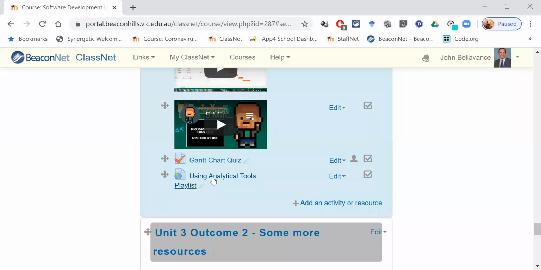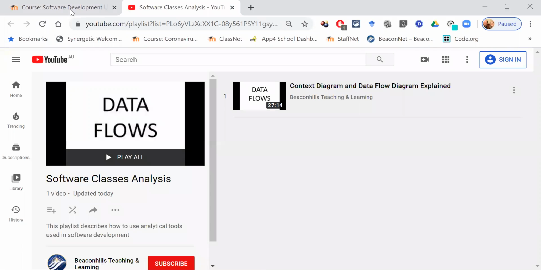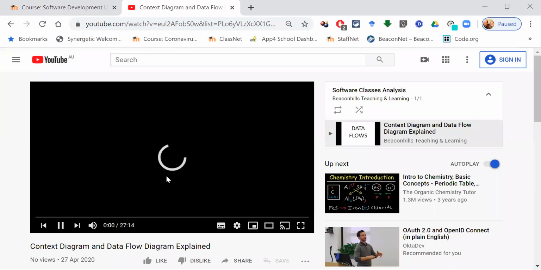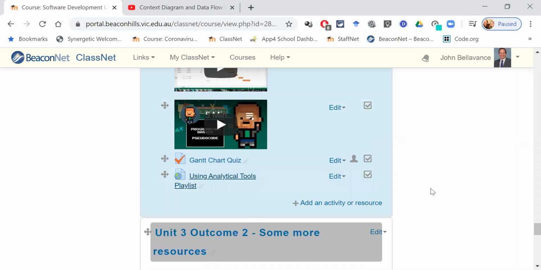So when my students click on using analytical tools, you'll see the software page stays there in the tab. A new tab is created, and then the students can click on the video in that particular playlist and can watch the video. So essentially, that is the end of the journey. We start off with our own videos. We create a playlist. We add our videos to the playlist. And finally, we share